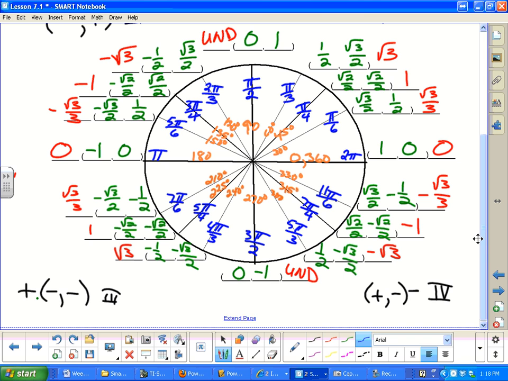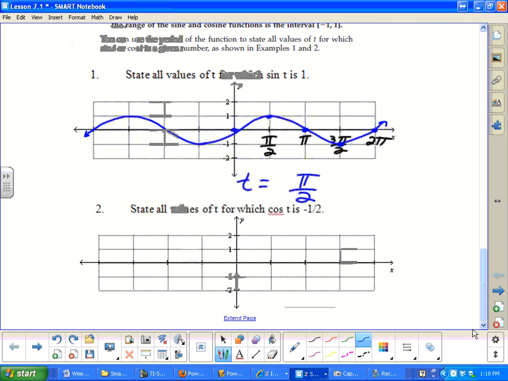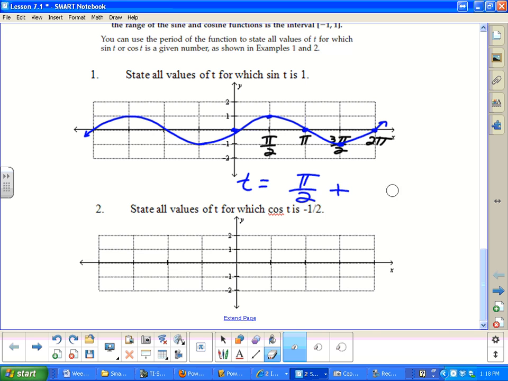Okay, I have to go around the circle once, right? Which means I have to add 2 pi, and then I could add 2 pi again, or I could subtract 2 pi, or do it over and over again. So then that's where we're going to say that t is equal to pi over 2 plus pi n, or sometimes they use the letter k. Doesn't matter what letter you use. But I'm going to say pi over 2 plus pi n. Oh, excuse me, that's not pi n, is it? It's 2 pi n,